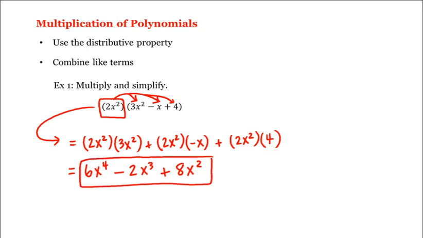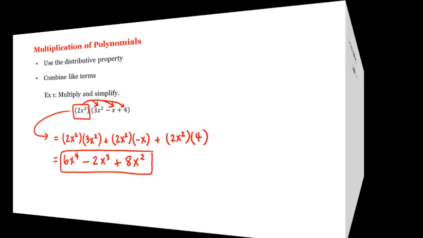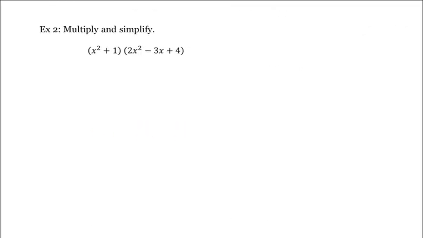All right, let's look at another example. Let's multiply this binomial and this trinomial. The first thing we'll do is distribute the entire binomial to each of these three terms in the trinomial. That is, this is equal to